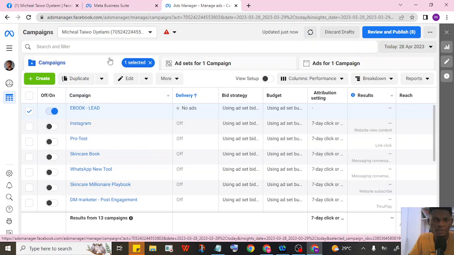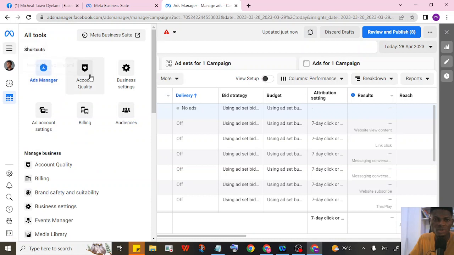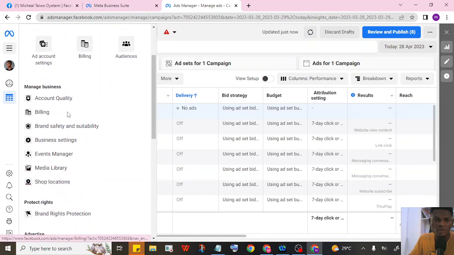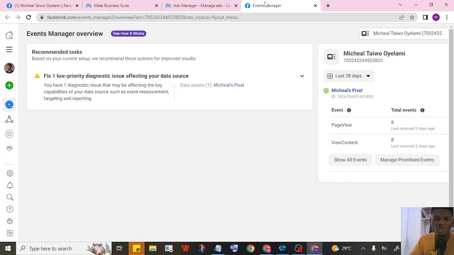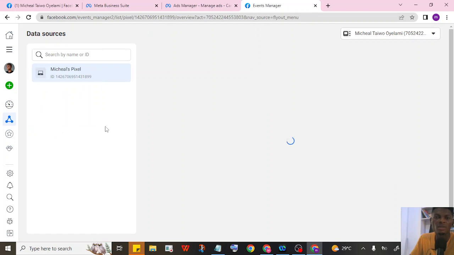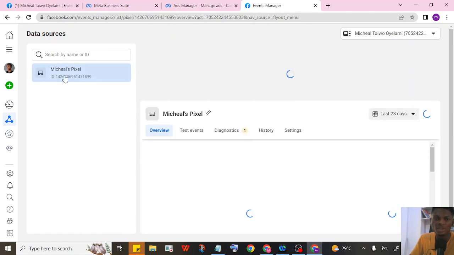Now I want to set up our events. Come to all tools, click on events manager, and open it in a new tab. This is where we set our pixels and all of the events necessary for us to kick off. If you have a new account, yours might not look like this. You come to your data sources. I've set up the pixels